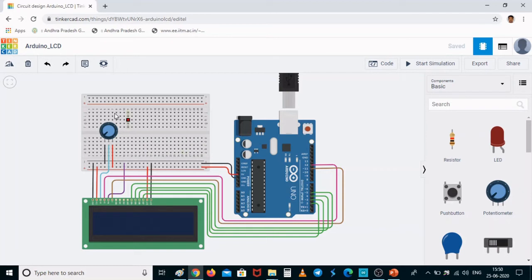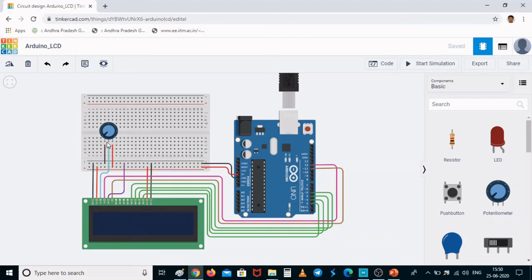Here a potentiometer is being used. A potentiometer is normally used for controlling the contrast of the LCD. As it has 3 terminals, one terminal is connected to the ground. So this is the ground of the LCD. One terminal of the potentiometer is connected to the ground, and the other terminal of the potentiometer is connected to the VCC or the 5 volts of the Arduino Uno board.